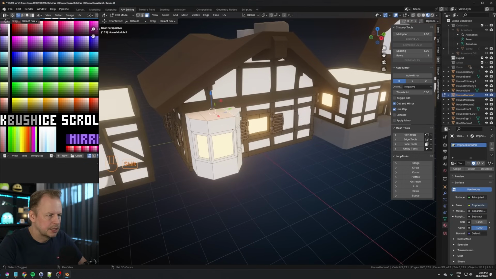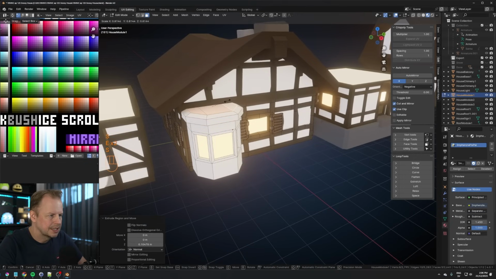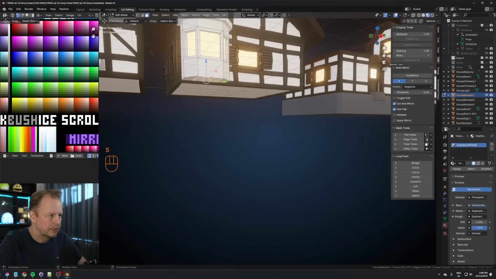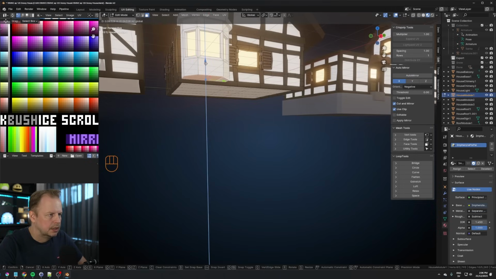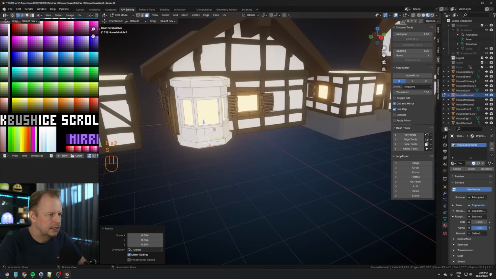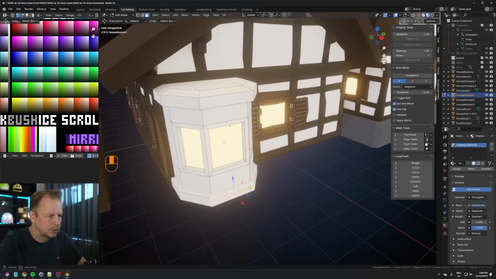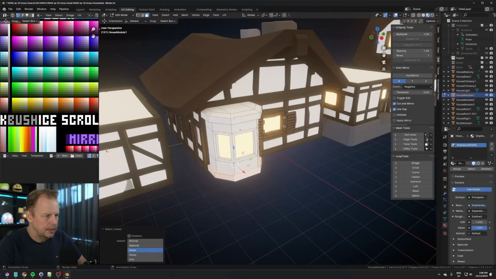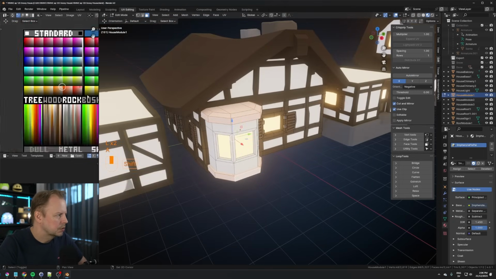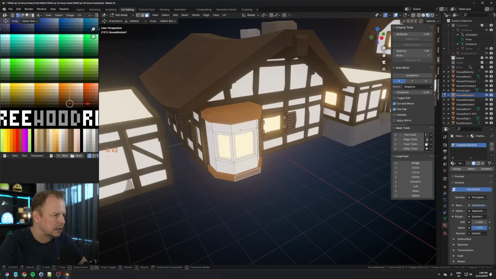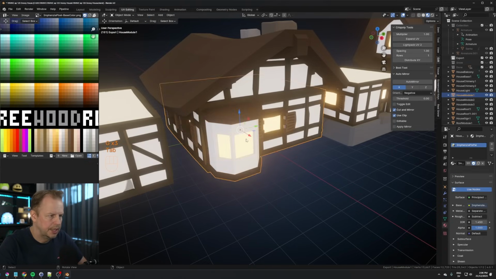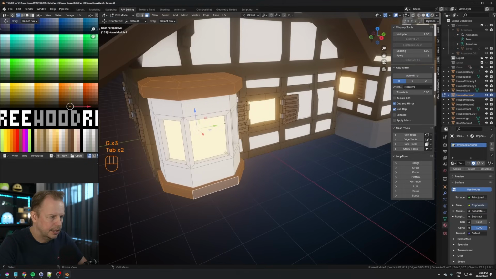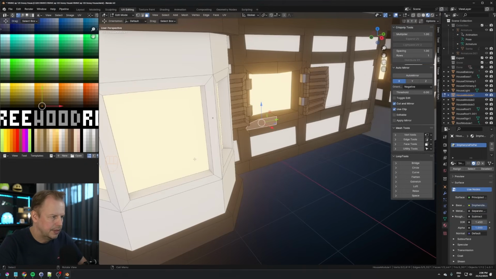Grab this, Shift D to duplicate it, S to scale it, E to extrude, S to scale, and we'll do some sort of a base here as well. So Shift D to duplicate that one, scale it, E to extrude, S to scale, and I'm not quite sure what material this should be, but I'm guessing it should be some sort of a brown, considering everything else is brown or pale. And I need to also put beams around here. And this one,